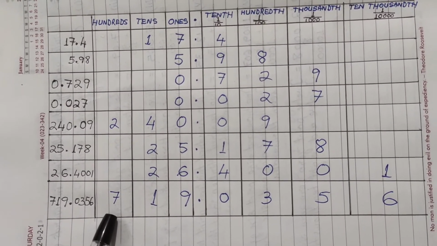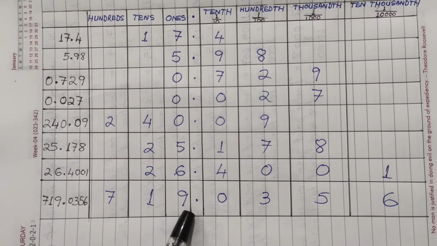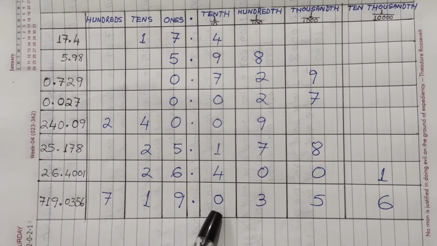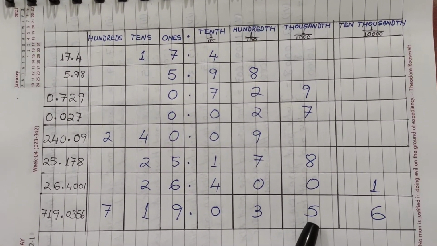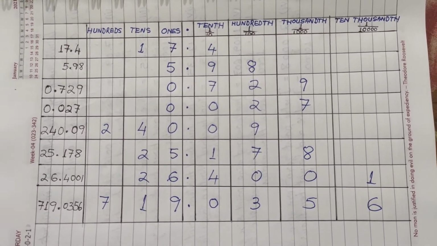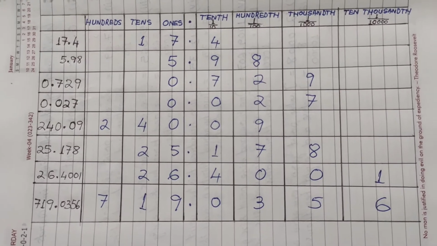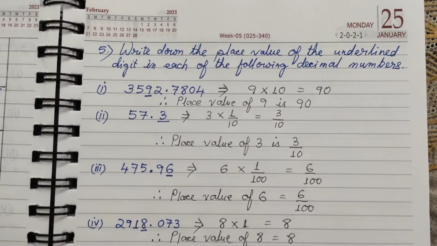719.0356. 7 is in the 100th house, 1 is in the 10th house, 9 is in the 1's house, point. 0 is in the 10th house, 3 is in the 100th house, 5 is in the 1000th house, and 6 is in the 10,000th house. So this is how all these numbers fit in this place value chart. Okay, the next question is,